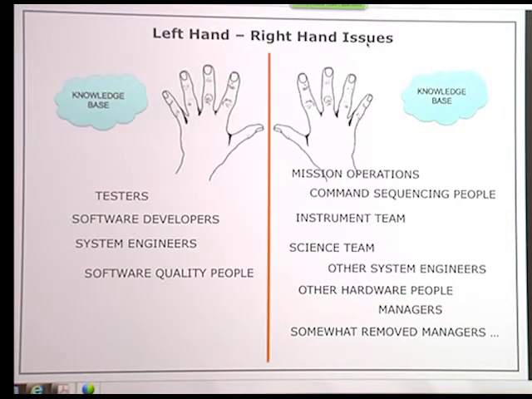So one thing that I really wanted to point out, I think Mark also mentioned, is sort of what I call left-hand, right-hand issues, sort of knowing what the other hand is doing, in a sense. So you have on one side your test team, your software developers, your system engineers, your software quality people. And then on the other side, you have people maybe in a separate domain, mission operations, command sequencing people, instrument team, science team, other engineers, other hardware people, managers, and somewhat removed managers, people perhaps at the NASA level, who